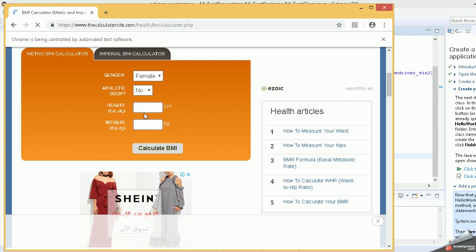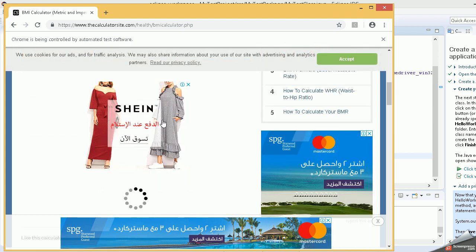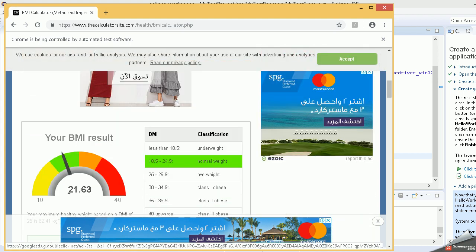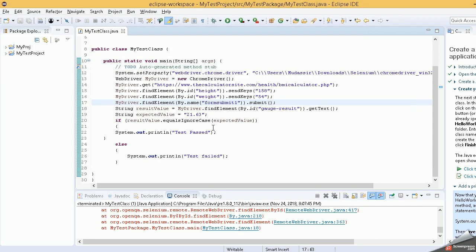It's taking some time. Okay, the values are filled, the button is clicked, and you can see the output 21.63. Now, if you go to the program, it was expected to show test passed over here in the output, but